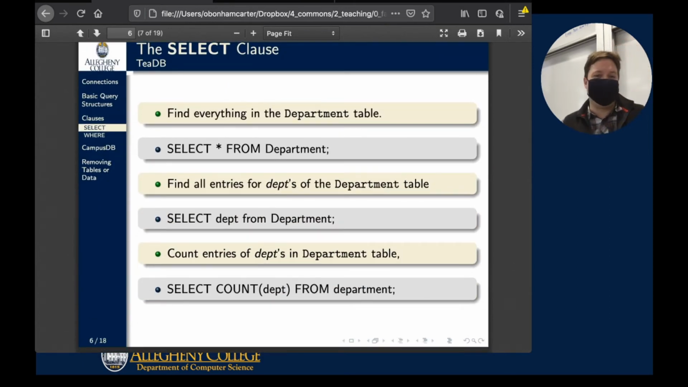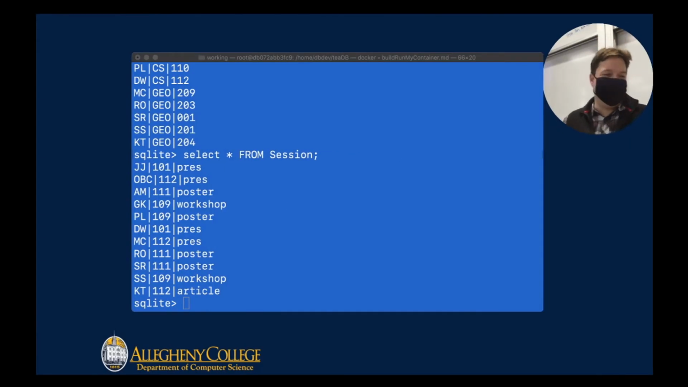I've done the select star from department. Go ahead and run these things. I mean, just become familiar. It's like when you're sitting down at your prompt, if you're at your bash and you're not in this database here,